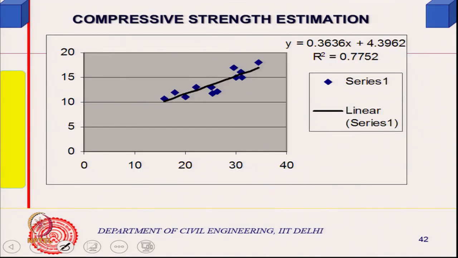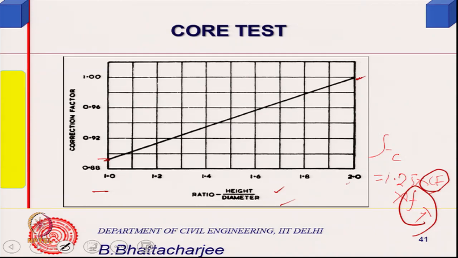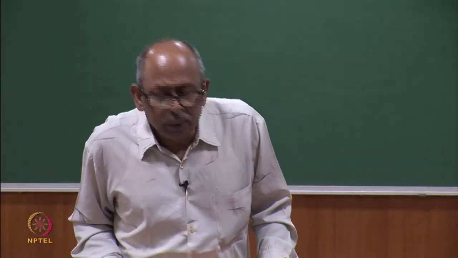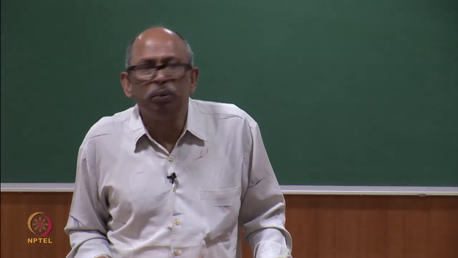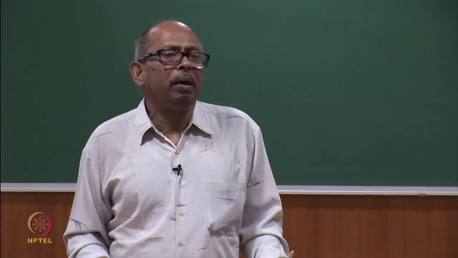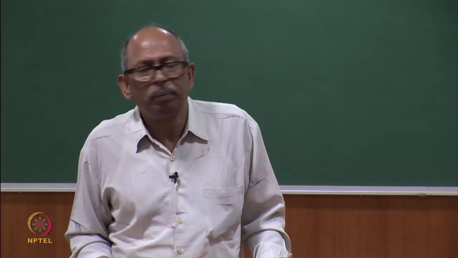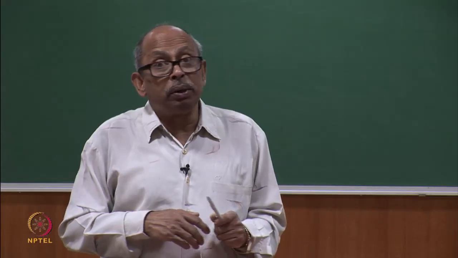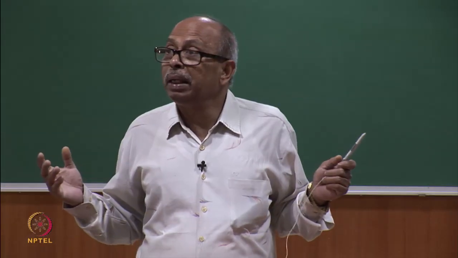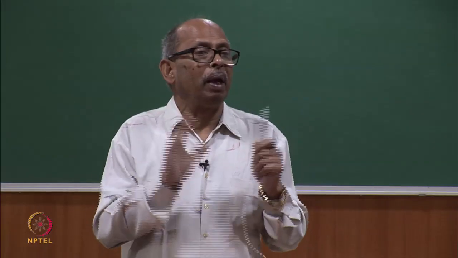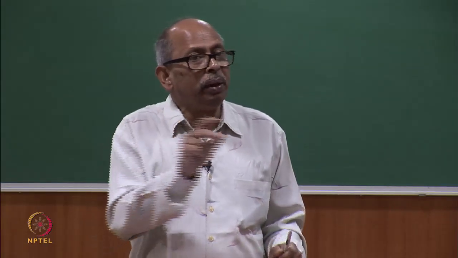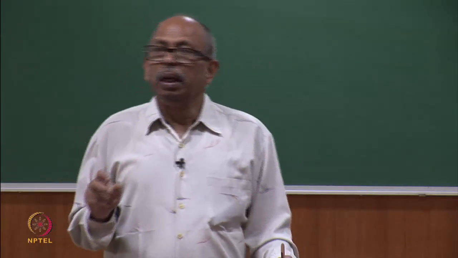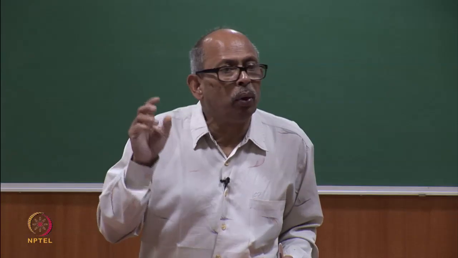Now, if you have a correlation, you can perform such core tests as in situ tests, but then it is damaging. So, you do not perform too many core tests, you do a minimal number at some places, depending upon your objective. Now, you want to find out the strength of, let us say, concrete columns in a large building. You cannot go on testing too many cores. So, what you can do is perform limited core tests,